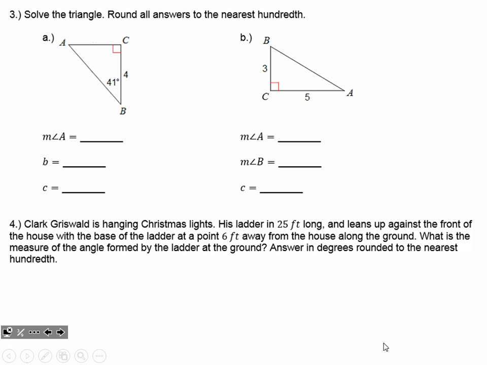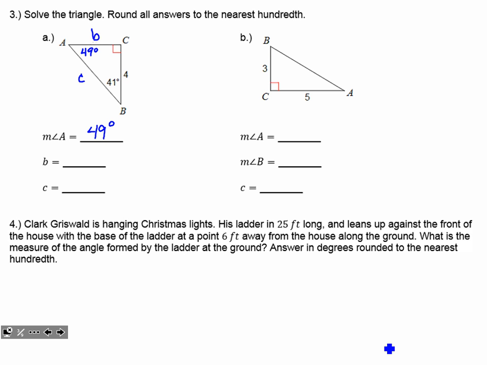So letter A, we're given that the measure of angle B is 41. Using the triangle sum theorem, all 3 of those angles inside have to add up to 180. Angle A must be 49 degrees, and I need to have that degree sign there if I want full credit. Okay, side B is going to be opposite angle B, and then side C will be the hypotenuse opposite angle C. And we're going to have to use trig here to find, well, let's find side B first.